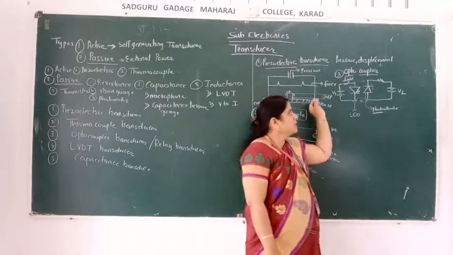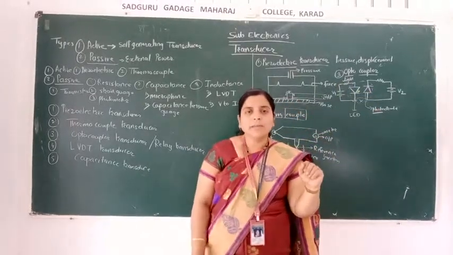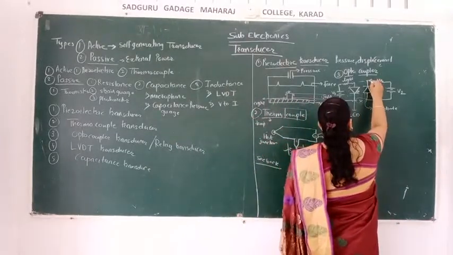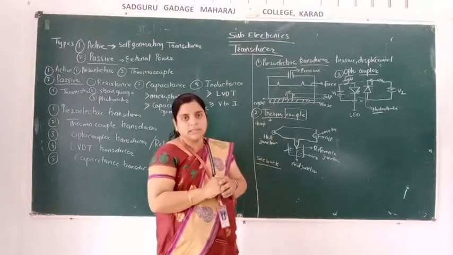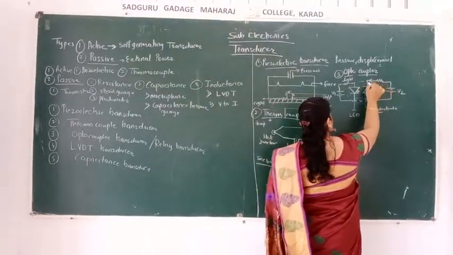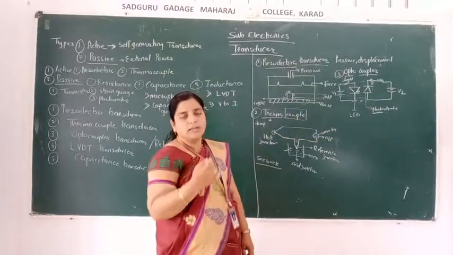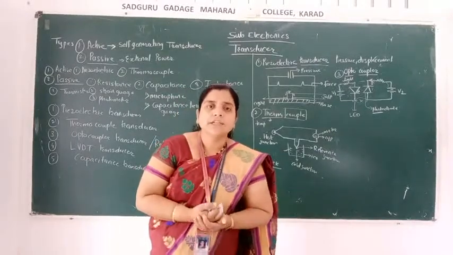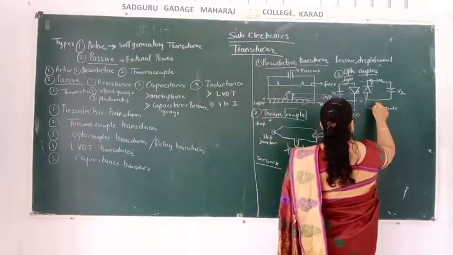So it emits the light and that light will fall on the photodiode. So what happens if light falls on the photodiode? The photodiode starts working and it takes all the current which comes from this supply. So in the reverse order, it takes all that reverse current. Why does it take the reverse current? Because it is connected in the reverse form. Reverse means what? Reverse bias. Here it is connected in reverse bias.